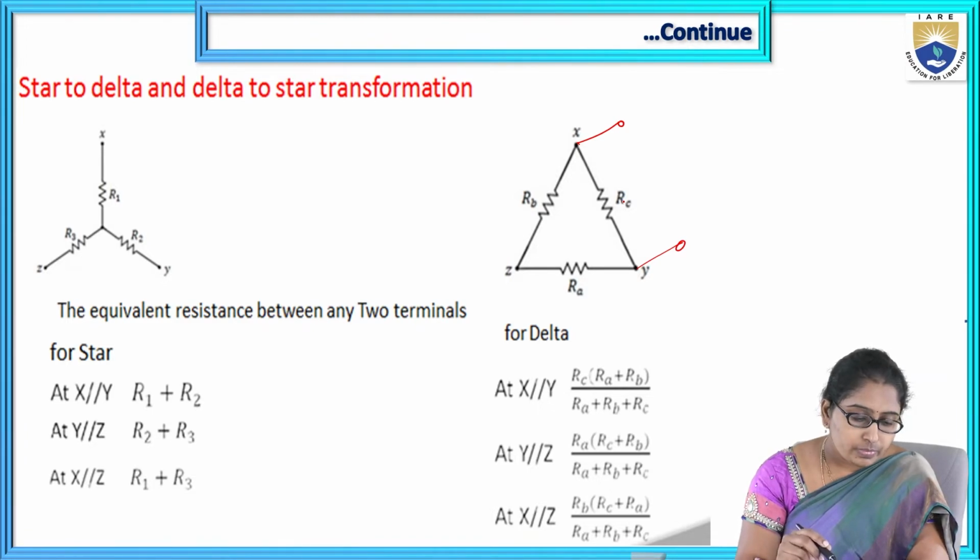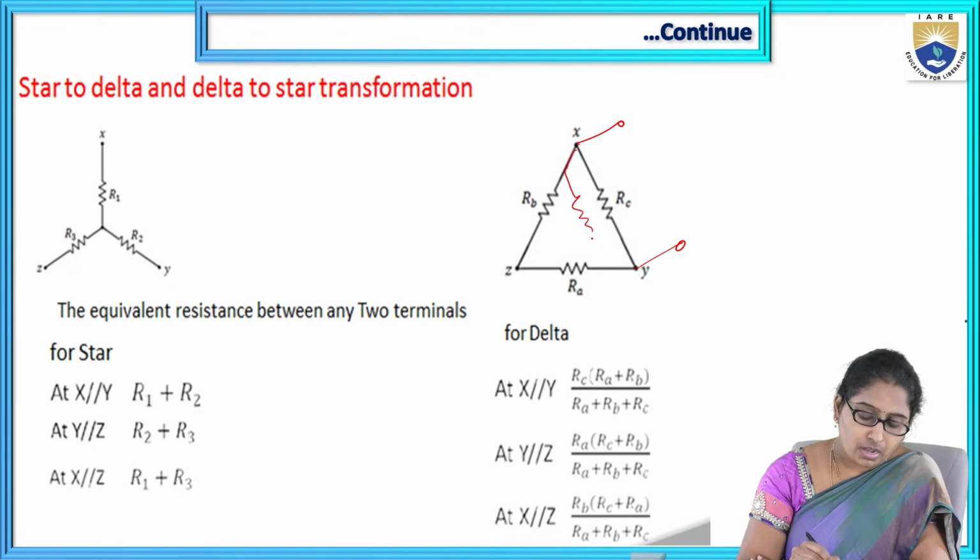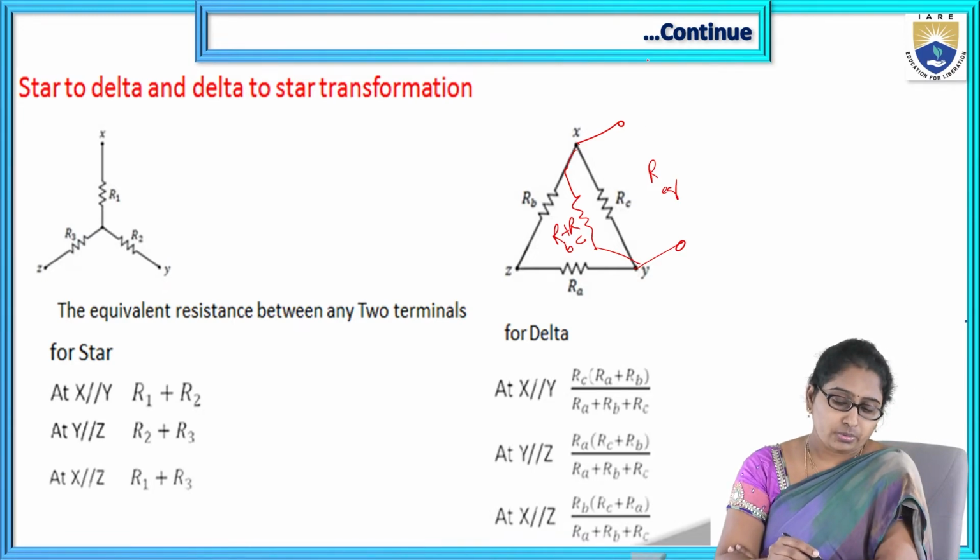Okay, so the resistance between X and Y terminals is given by, first, RB and RA are in series combination. This series combination, RA plus RB, is in parallel with RC, right? In order to get the expression for R equivalent between X and Y for the delta circuit, it is given by